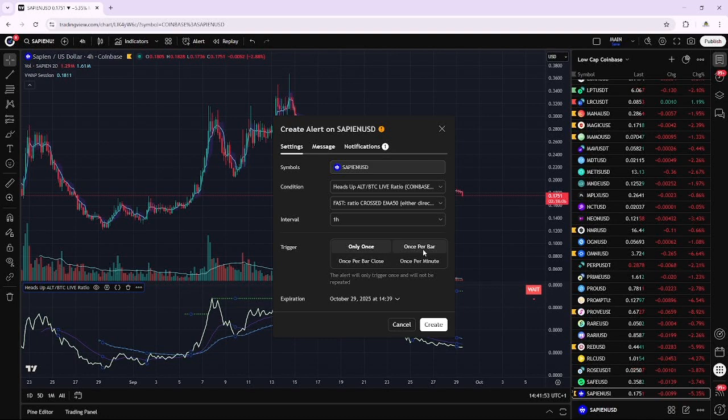And essentially it should do it once per bar, meaning if it's crossed above your EMA 50, it should do it within that bar. Even if it goes back down, it should trigger the alert. But sometimes I find it really just does it when the bar and the candle close. So the best option for a live alert using the heads up indicator on TradingView is to choose once per